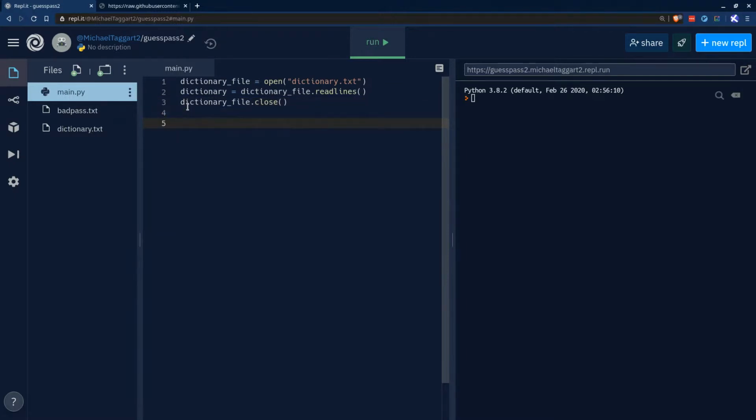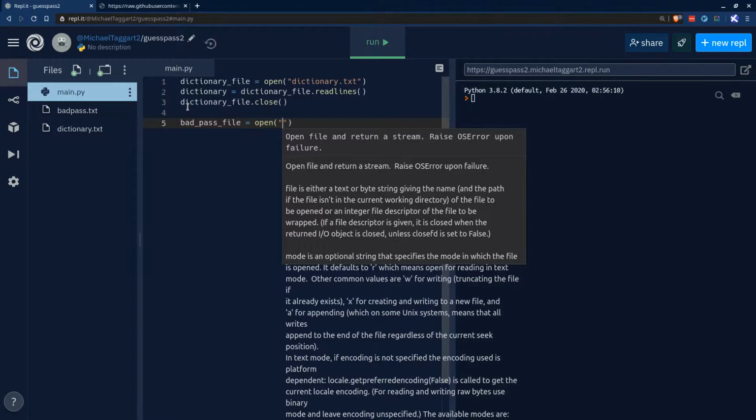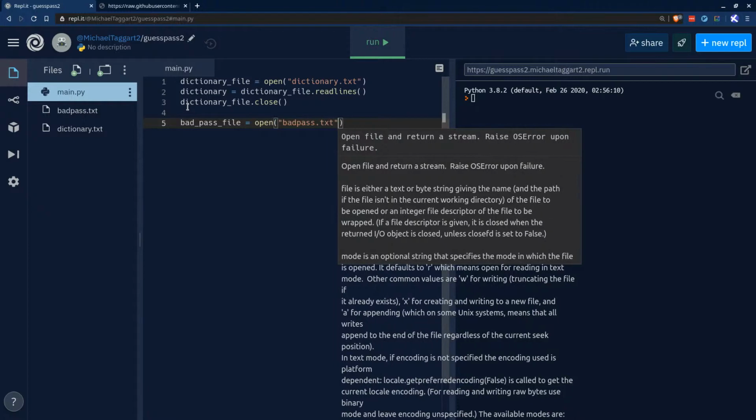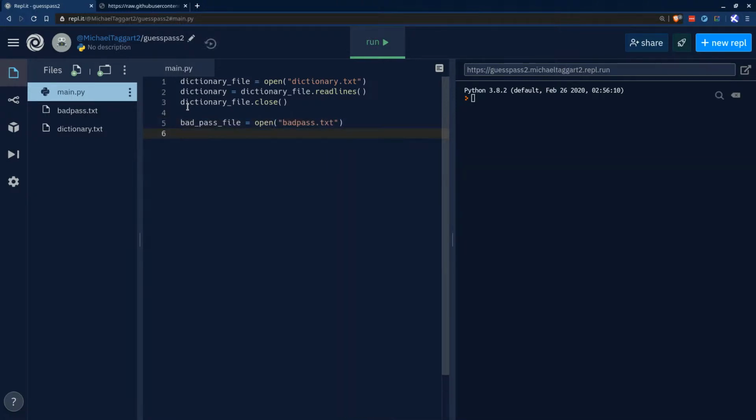All right, now we need the bad password. You can name your variables differently from me. That's totally fine. I'm just doing it for clarity. So I'm going to open badpass.txt, again only in read-only mode. And then badpass equals badpass file dot readline, same way that we did before. And then again, we're going to do badpass file